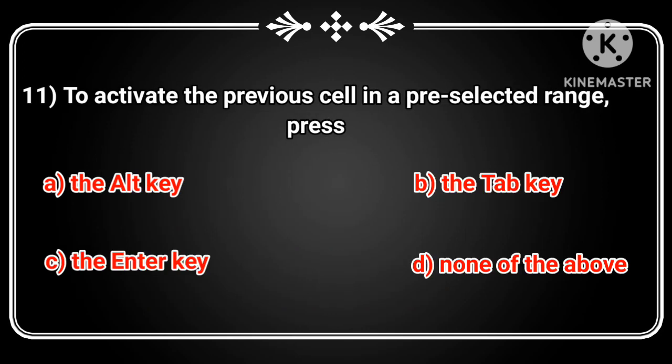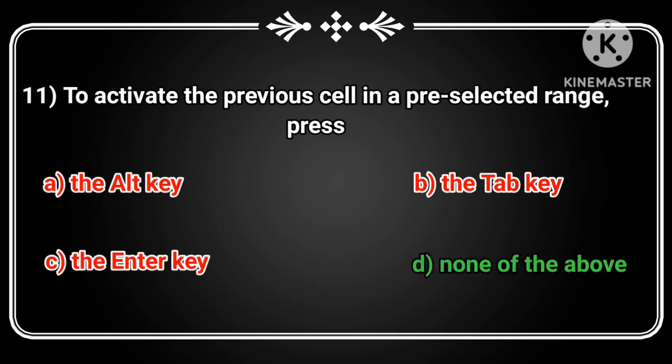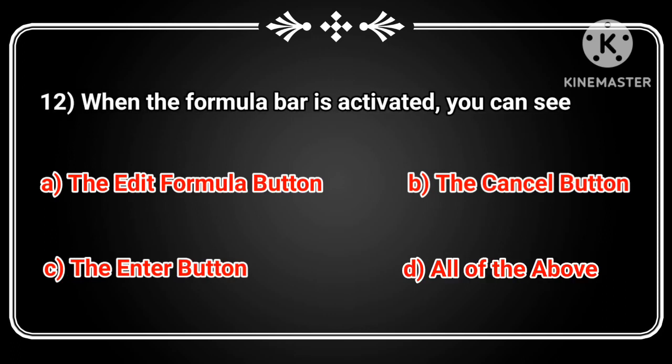To activate the previous cell in a pre-selected range, press none of the above. When the formula bar is activated, you can see